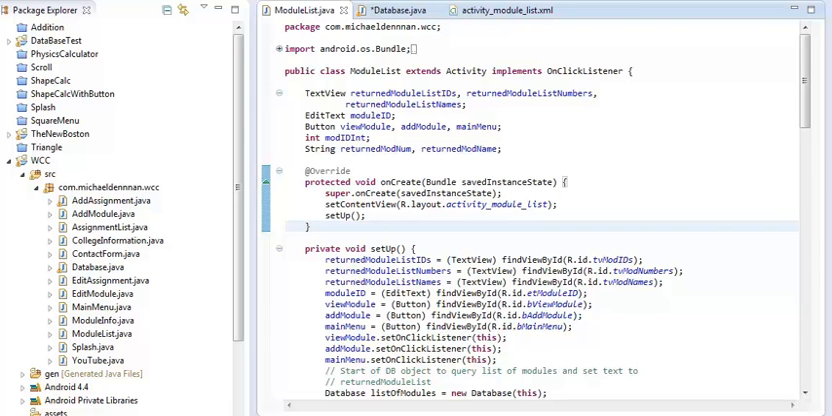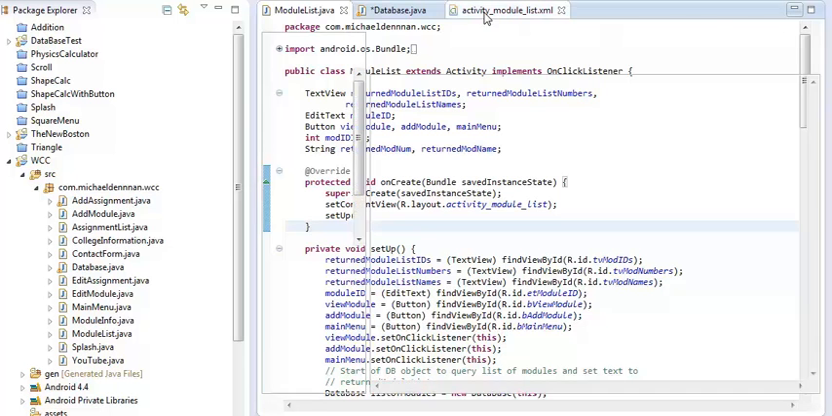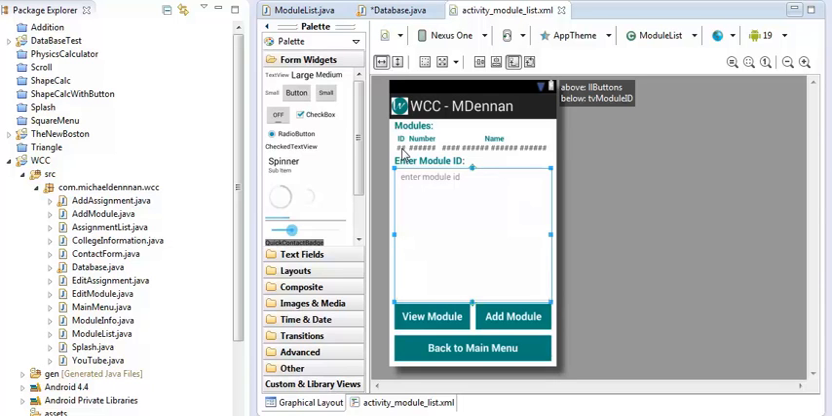The main functionality of the Android application that I've created is a database which allows the user to store module information and assignment information, and also allows them to delete or update any records that they've entered. The information in the database is returned using tables. The initial list at the front of the application has three columns